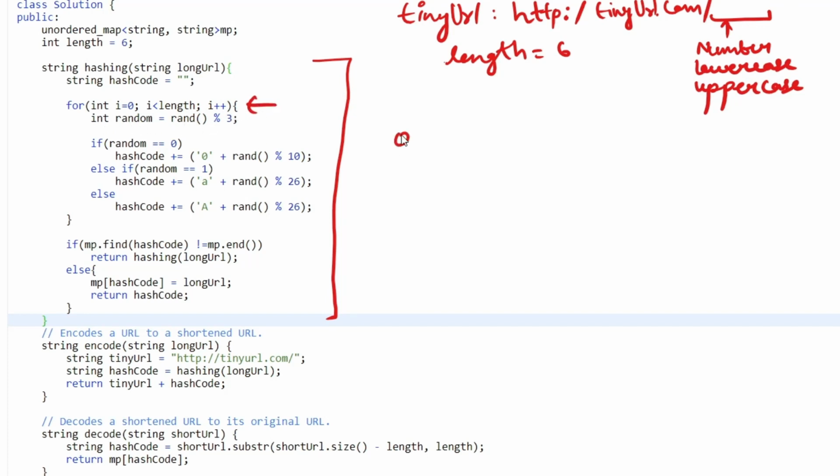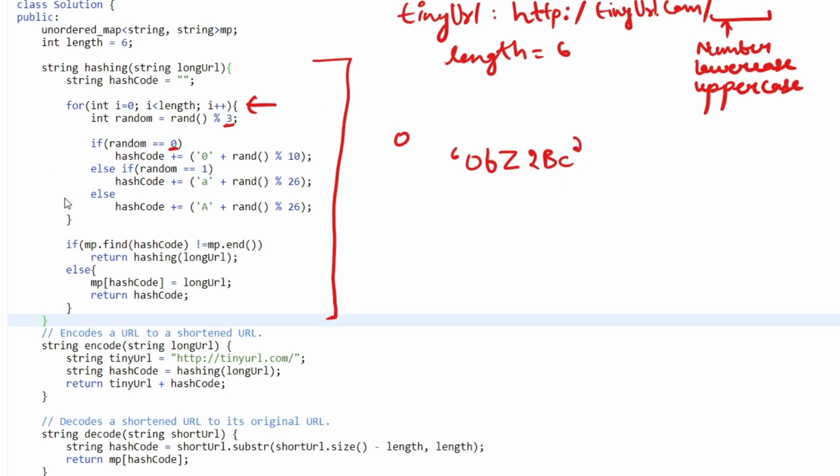If it is 0, then we add a number to our hash code, let's say 0. If it is 1, then we add a lowercase alphabet, let's say b. Or if our random number is 2, then we add an uppercase letter. So our hash code is something like this.